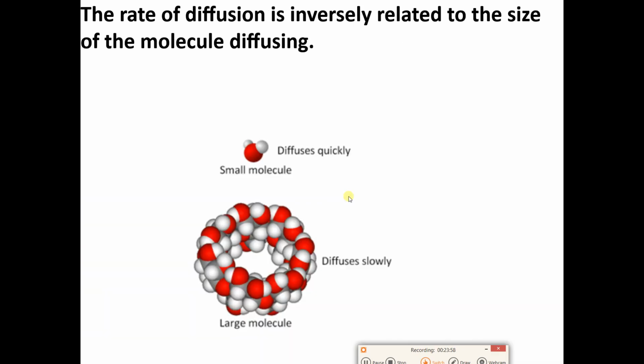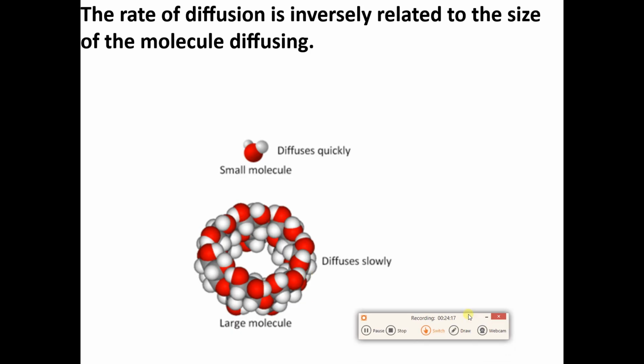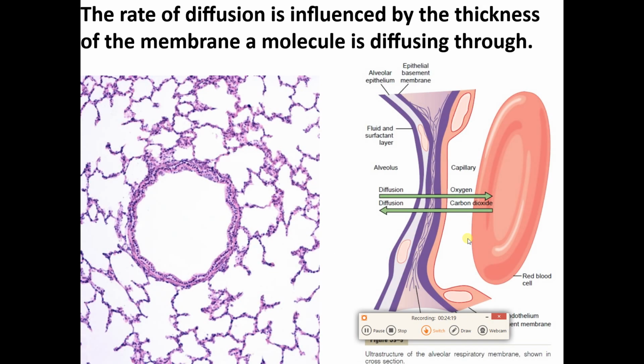Okay. Another thing that influences diffusion is the size of the molecule diffusing. Small molecules diffuse very quickly. Large molecules diffuse slowly. So the bigger the molecule is, the slower it's going to diffuse. Okay, good. Another thing that influences diffusion is how thick the membrane is that it's diffusing